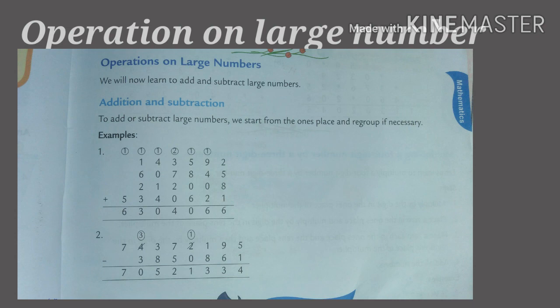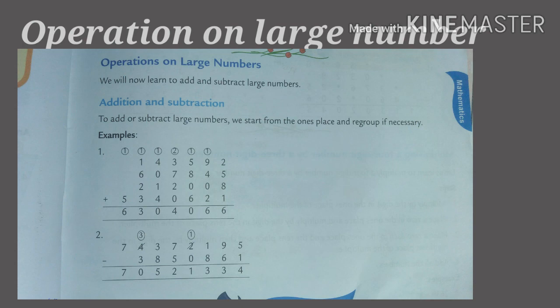See the next one, 0 plus 2 plus 1 plus the carry, it will be 16. Again we'll write 6 and carry 1 at the top. In the same way we'll carry the number and write down the answer. See the subtraction, we'll just subtract. At ones place, 5 minus 1 will be 4, 9 minus 6 will be 3, 1 minus 8 is not possible, so we'll borrow. In the same way as we do for small numbers, we subtract by borrowing from the next number.